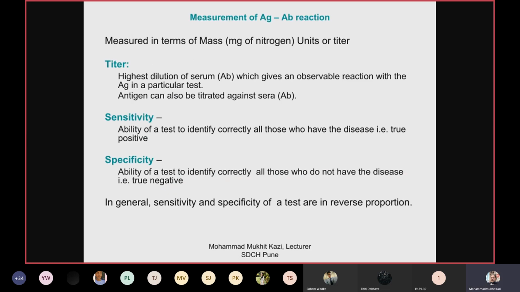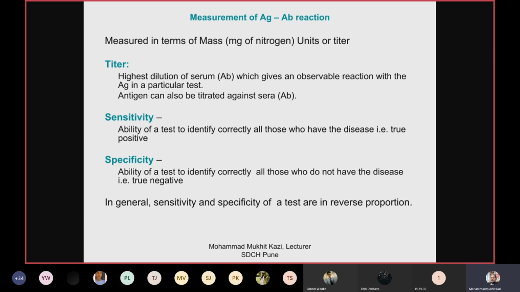How do you measure these antigen antibody reactions? Again, there are certain terms which we should know. Measured in terms of mass, milligram of nitrogen, units, or titer. So what is the titer? Titer is the highest dilution of serum. Serum consists of antibodies. So it is the highest dilution of antibodies which gives an observable reaction with the corresponding antigen in